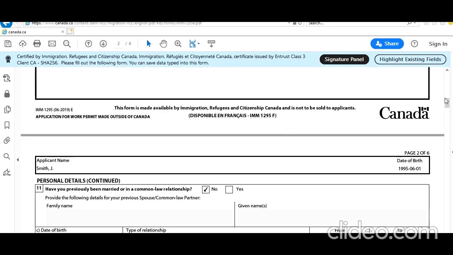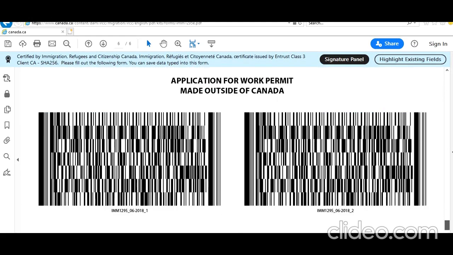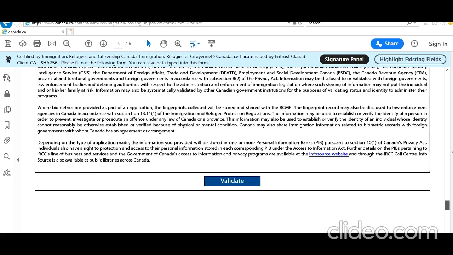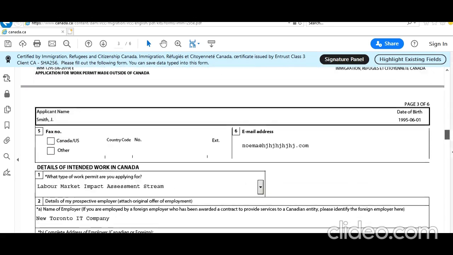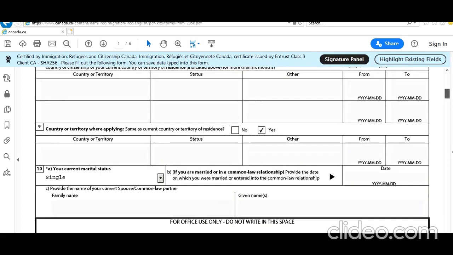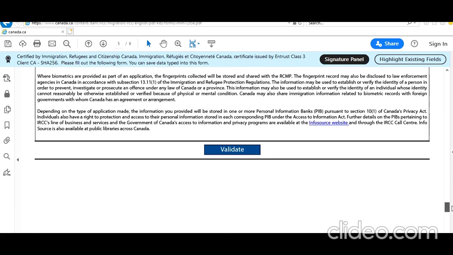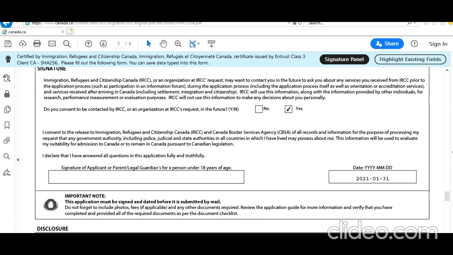After you have validated, let's save it somewhere on your computer and then you can upload it. But always have a second review, because this validation is just for validation errors, that you have not missed any mandatory field, any format or something like that. In order to verify that the information you have put in is correct, always have a second verification. Alright, now we'll go ahead and upload the form.